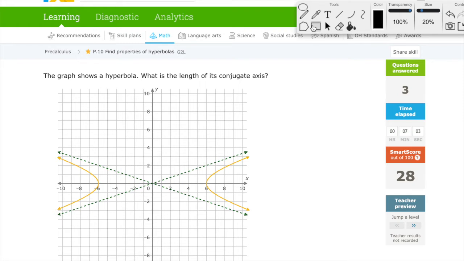Because our book doesn't use this term, but it does talk about it. It just doesn't give it a name like this. So we're looking for the length of the conjugate axis. The best way I can explain this was when I used this web paint tool and I took the rectangle